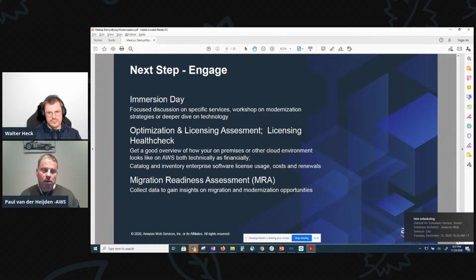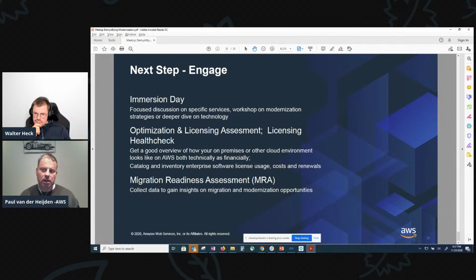Now, looking at that, what we do is we analyze with our tooling and our teams, in collaboration with partners as well, and of course the customer, the environment where their applications currently run on, and we get a very granular insight in what that means.